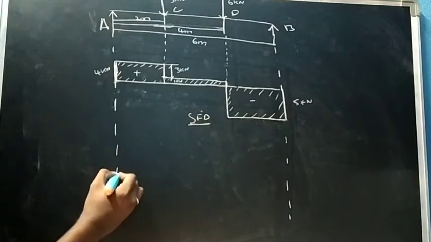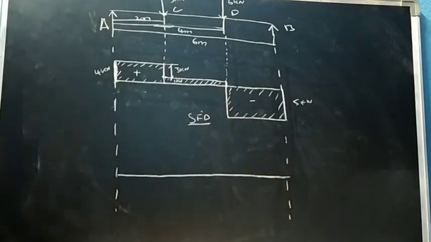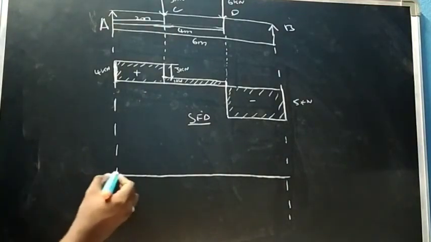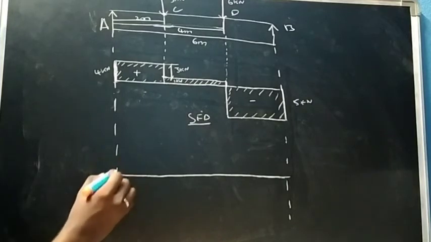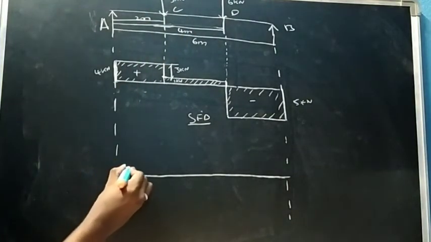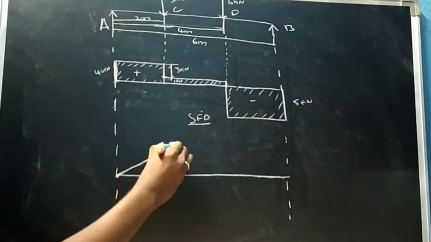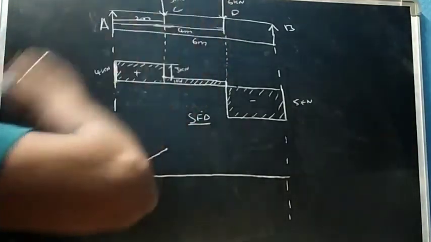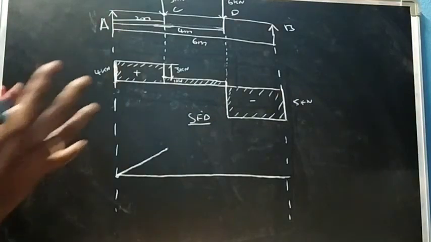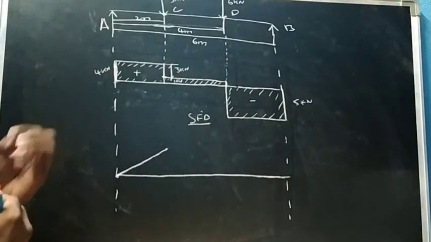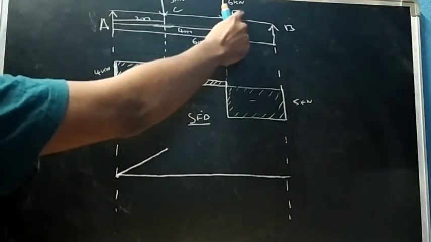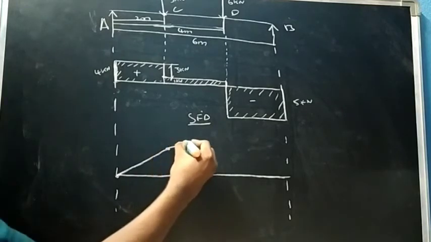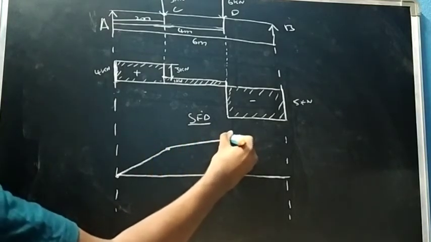Now we'll draw the bending moment. So first draw the baseline. We got the bending moment at A is 0, right? Then it is 8 kilonewton meter at C, so I will extend till here 8. Then again it increases to 10 at D. The moment at D we got 10. If you want, just rewind the video and see the value of moment at D. So let's say this is 8, so it will extend 2 more points here.